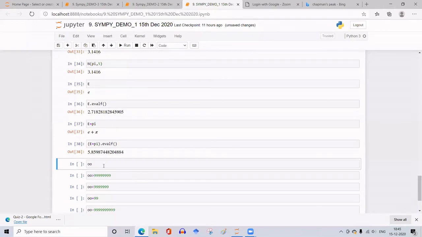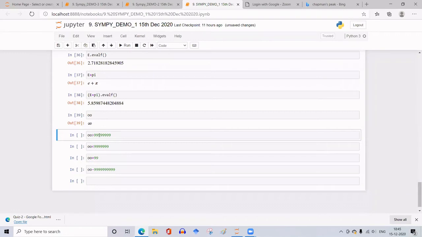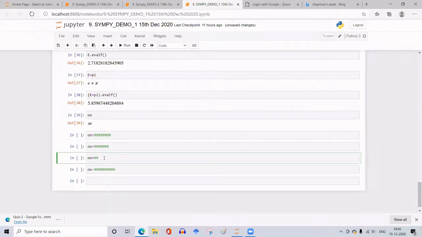And infinity is represented by two small letters O typed side by side like this. So these are OO, which will be considered as infinity. If I run this, I'll get the infinity symbol. Okay. So infinity greater than 9999. What should I get as the answer for this if I run it? True. True. True. Okay. And for this line, I must get False. False. False. Okay. For this, infinity. Infinity only. And for this also, infinity.